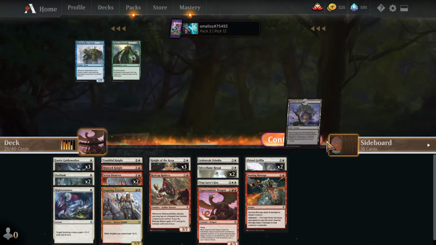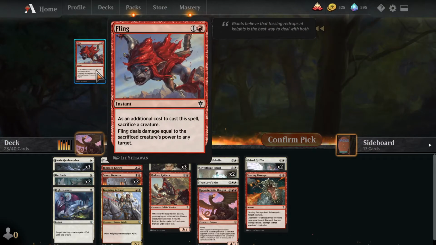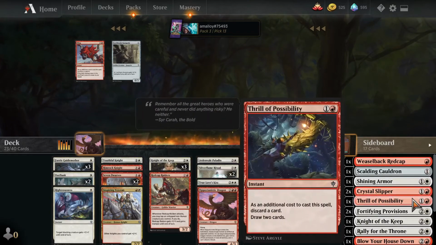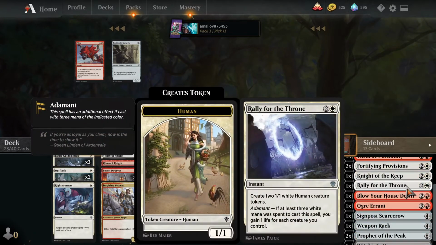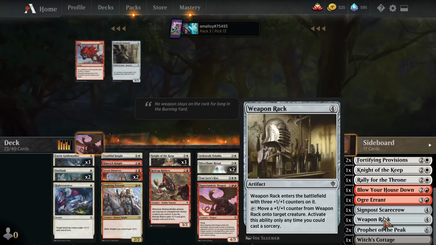Okay, I'll take a Witch's Cottage. Fling, sure. You know, also, wasn't there one of these that I cut that I was not very excited to cut, that maybe I want to consider putting in? Not really. Weapon Rack? Weapon Rack, I mean...